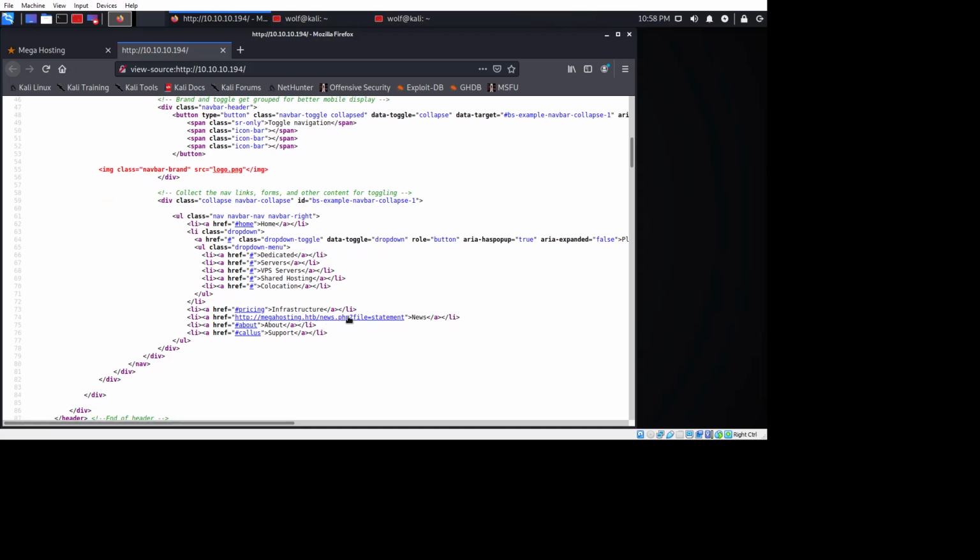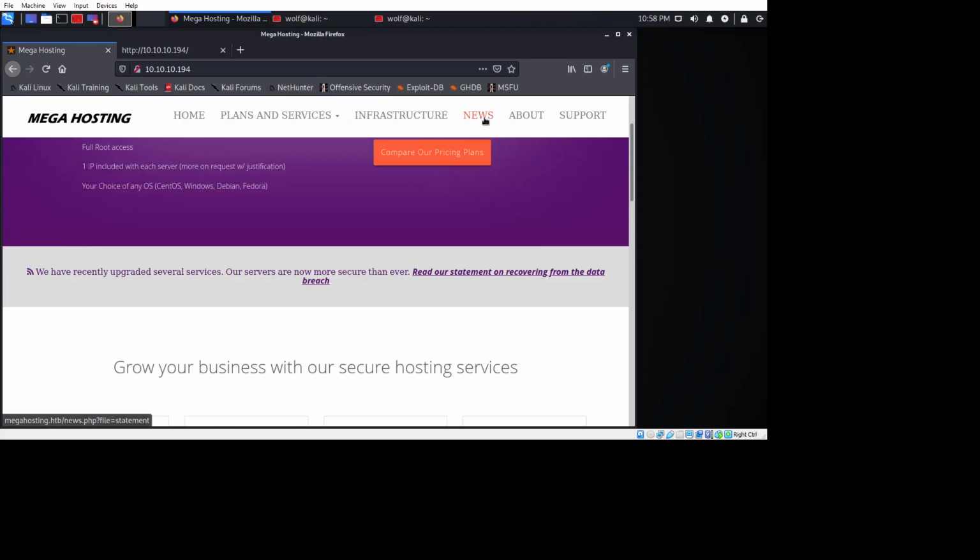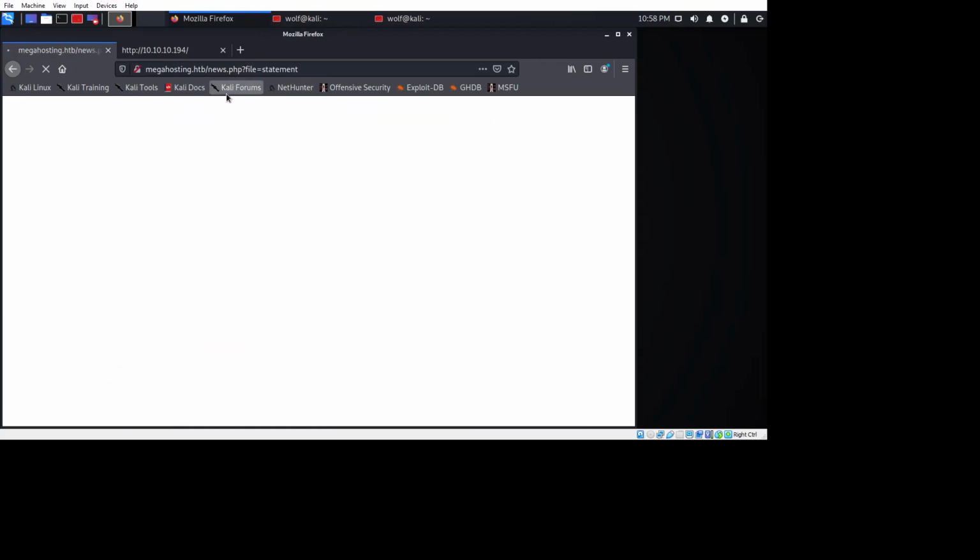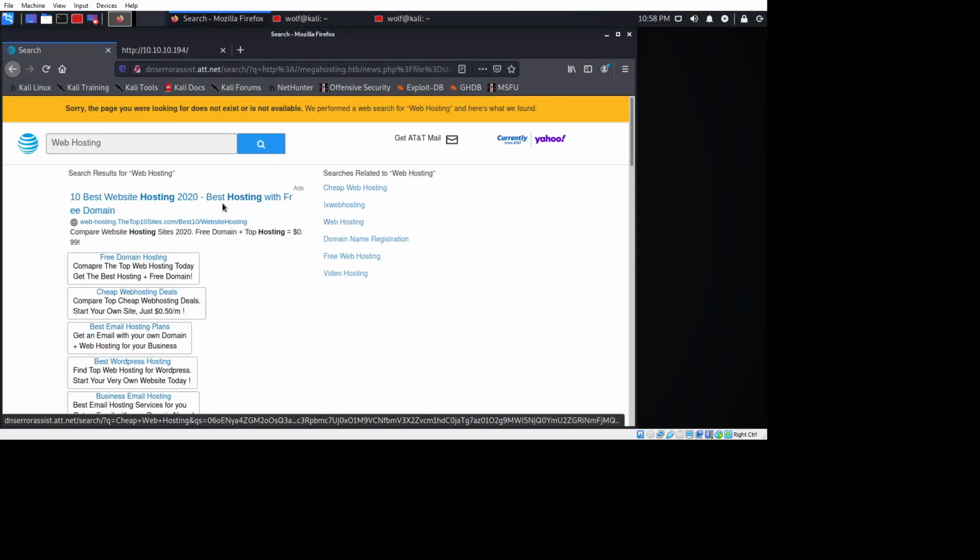Now here's something that's funny and weird to note. If you look at this link for news, right here, it says news, but it points to http://megahosting.htb/news.php?file= some statement. That is kind of a little bit weird. So let's see what happens. If we go up here to news and we click on that, as you see, it actually redirects us back